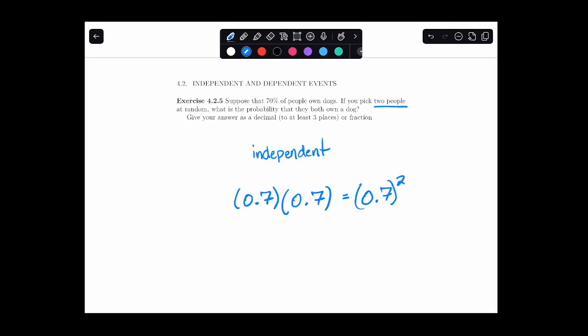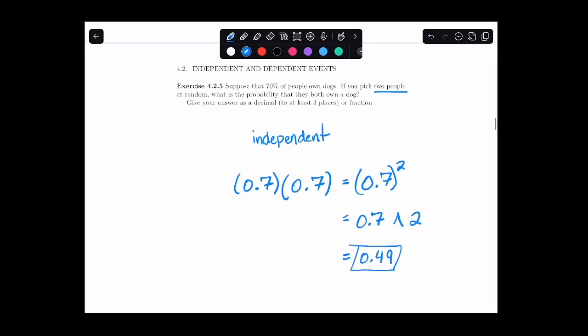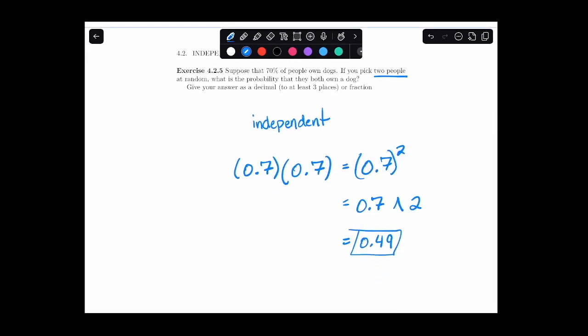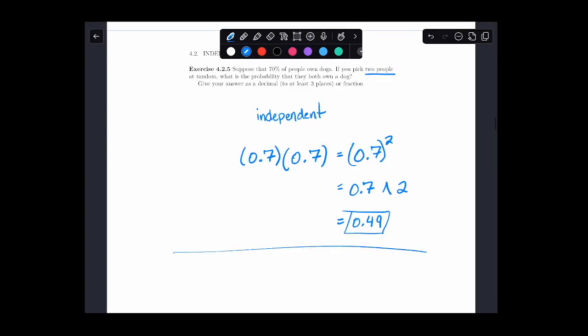So 0.7 squared, in Excel, you could type in 0.7 and then the little caret if you did shift 6 and then put a 2. This would find 0.7 squared, and this would be 0.49. So if I choose 2 people at random, there would be about a 49% chance that they both own a dog. What if I wanted to find the probability that 3 randomly selected people own a